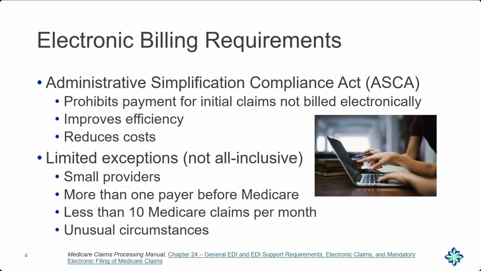Paper or hard copy claims are necessary sometimes. Sometimes we tell you to send a hard copy claim or a hard copy adjustment. But the time that it takes to process those is considerably longer. We have to wait for the claim to arrive in the mail. It has to be opened, sorted by clerical staff. It has to be physically keyed into the system by a person, or it has to be imaged and then uploaded. And then once it passes all the edits and audits that we have in the system,